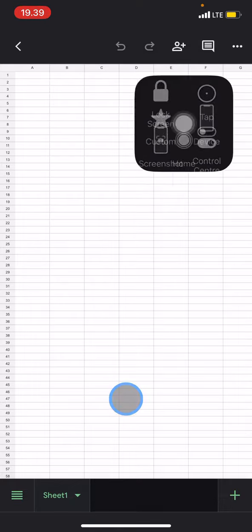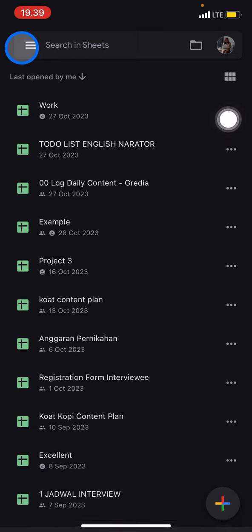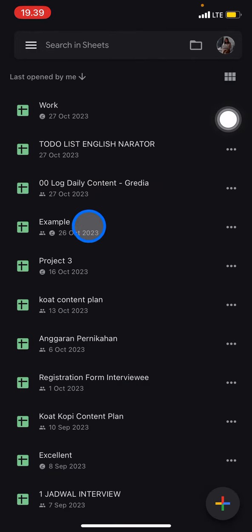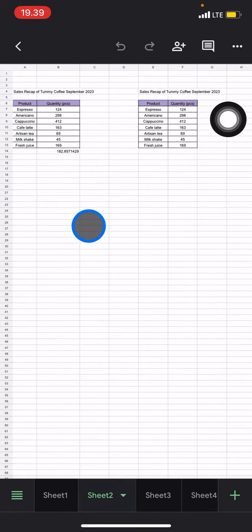If you already have a document, or if someone has already sent you a document, you just need to open it, click the link, and then you will be taken into the document. For example, I already have one. After you have it, you just need to explore everything here,